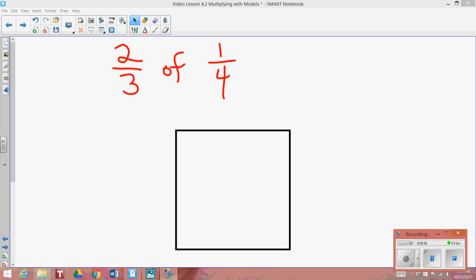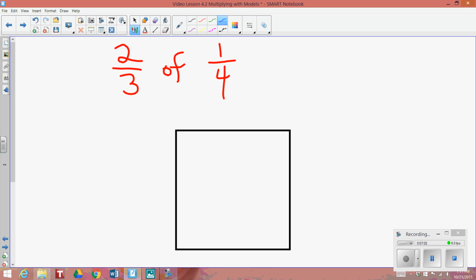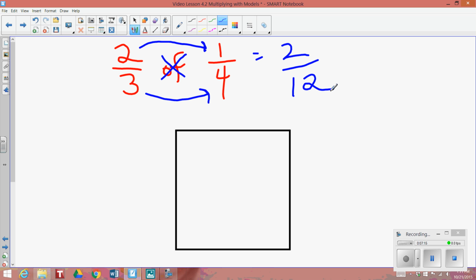Let's try another one. If I wanted to take 2/3 of 1/4, I know the "of" can mean multiplication. So I can cross the "of" out and make it look like multiplication. And I can multiply 2 times 1 and get 2, and 3 times 4 and get 12. How do I prove to you using the model that 2/3 of 1/4 is 2/12? Well, watch. I'm going to write